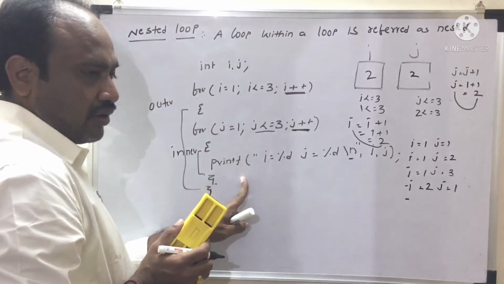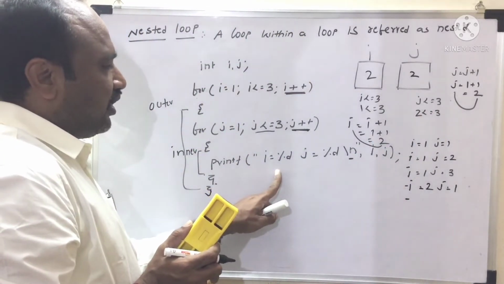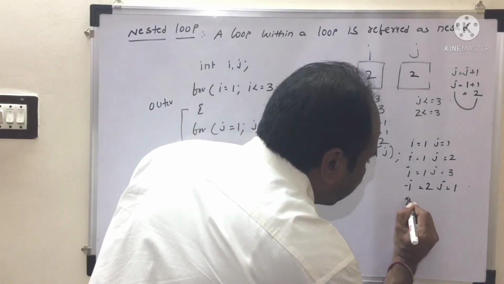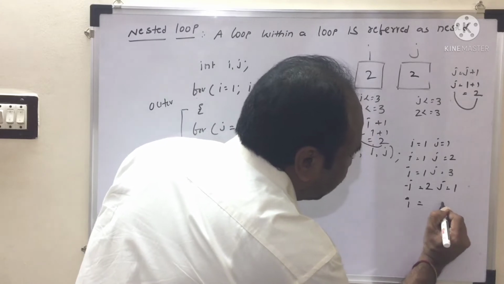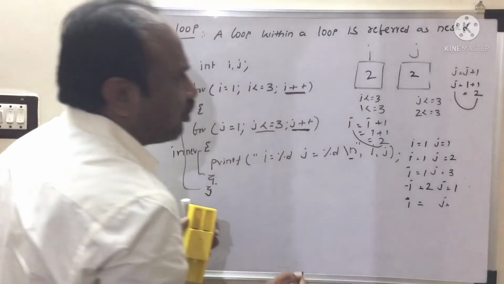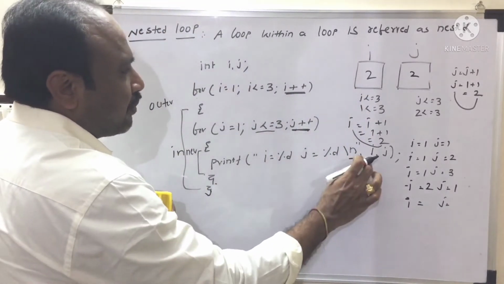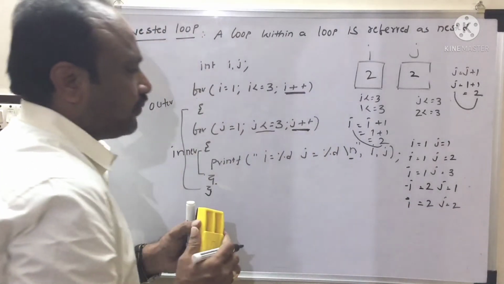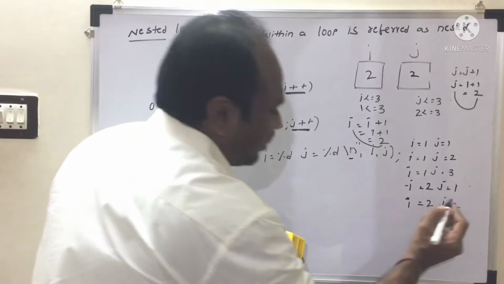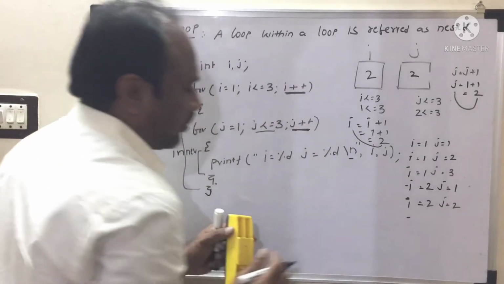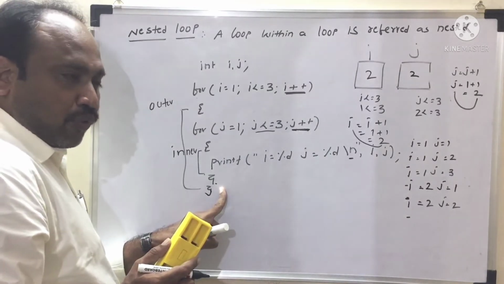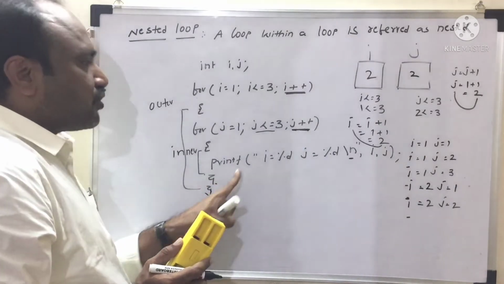True means come here. i equal to percent d, j equal to percent d, meaning we have to print integers. Comma i comma j. What is the value of i? 2. What is the value of j? 2 printed. Because of using \n, the cursor is moved to the next line. Again, what? For loop close. Inner for loop close. If the inner for loop closes, go and